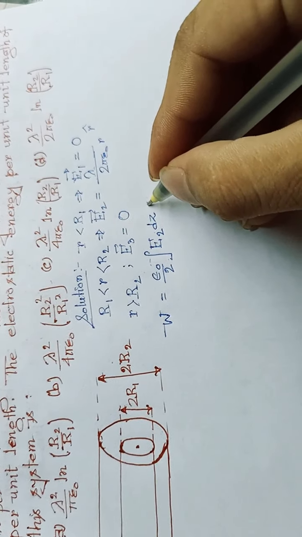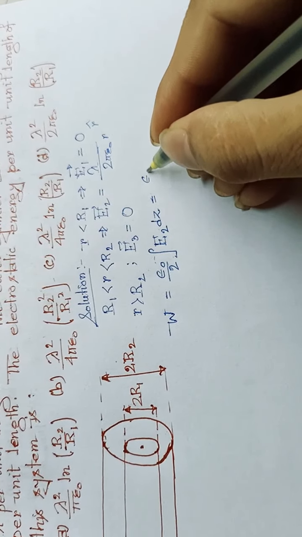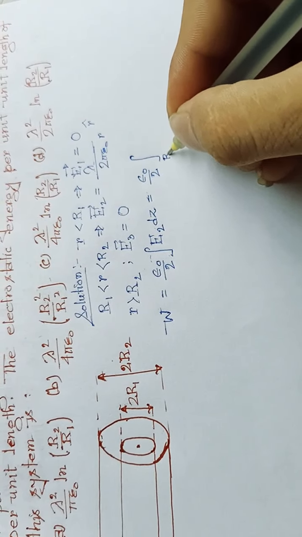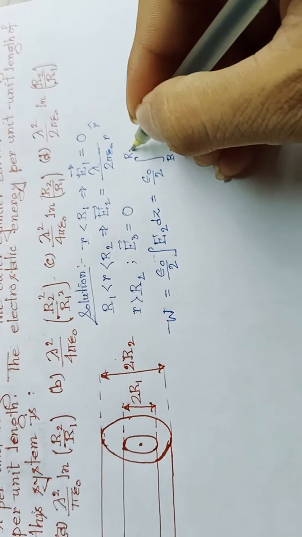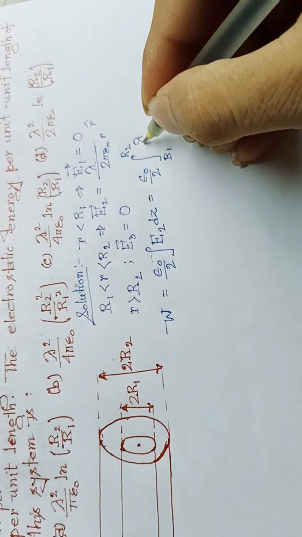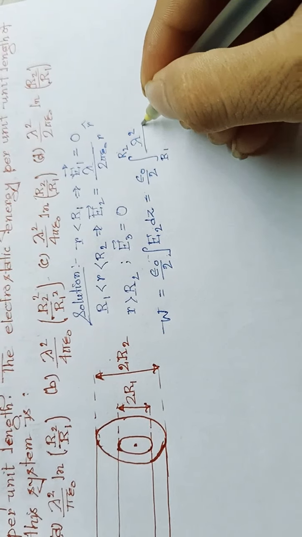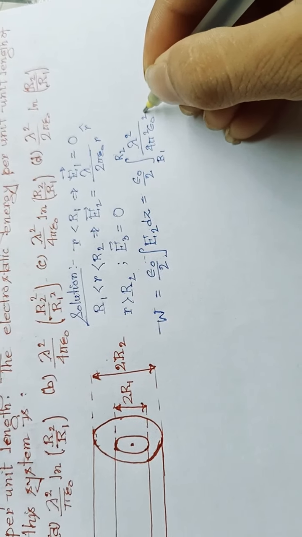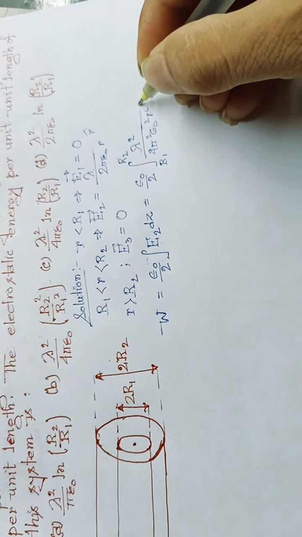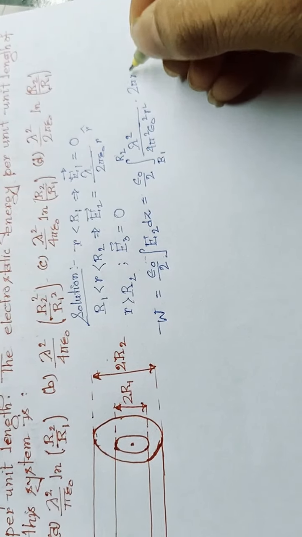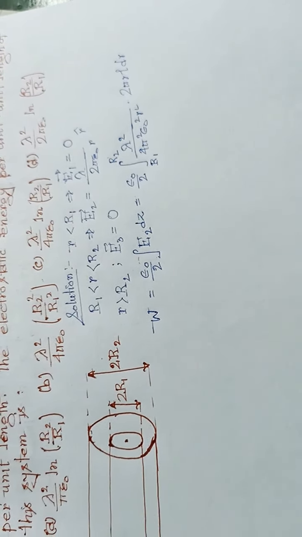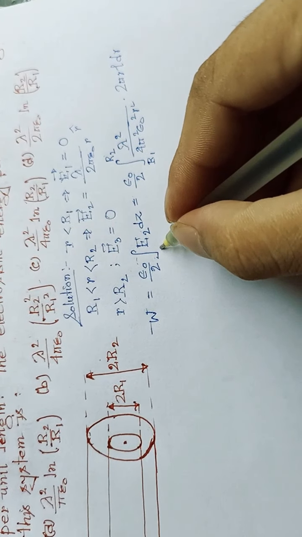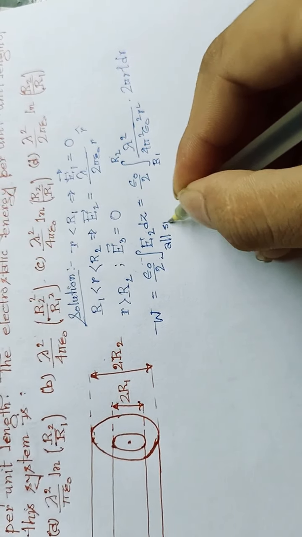From this expression we can write, this will be equal to epsilon naught divided by 2 integration from lower limit R1 to upper limit R2 of lambda square divided by 4 pi square epsilon naught square r square multiplied by 2 pi r l dr. So this integration is around all space,